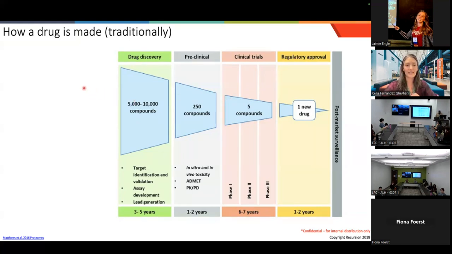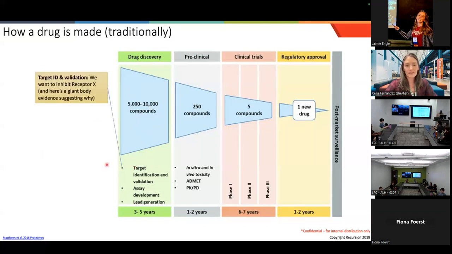And so the idea is if you can weed out the bad compounds as early as possible, then you can make these later stages run more smoothly, more efficiently, hopefully more quickly and safely. And maybe you can actually accelerate these last 3 columns here. So now let's go back and focus in on what that early drug discovery process actually looks like. And we can start thinking about, okay, what are some things that we can do here that can help accelerate those later stages?